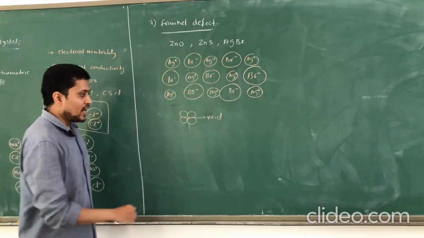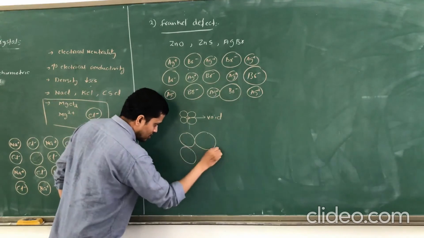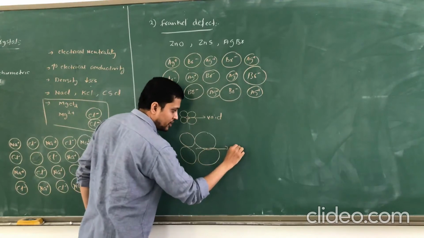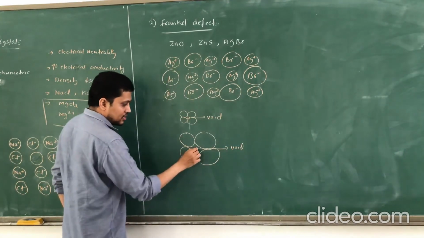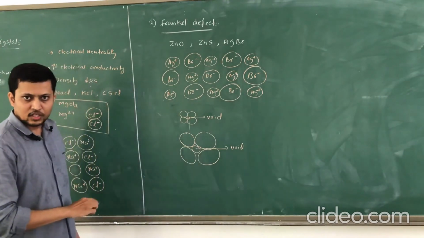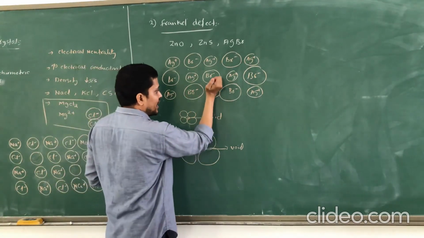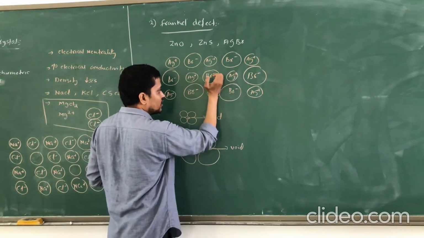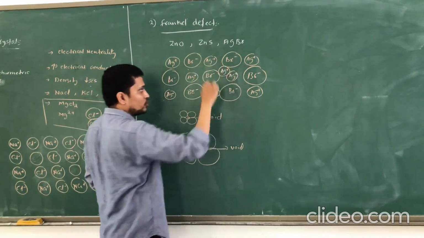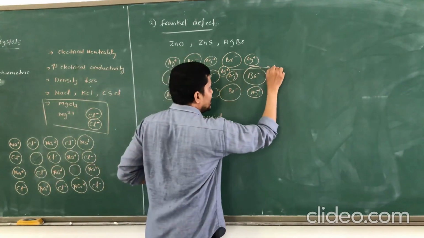V-O-I-D, void. If I have a big anion in this way, then this space is going to be bigger also. So the void is going to be big over here, and this side can be occupied by one of the ions which is small in size. The same thing is happening over here. In between the anions, one of the cations is going to miss from its place and occupy this void. So this void or this position is called an interstitial site.